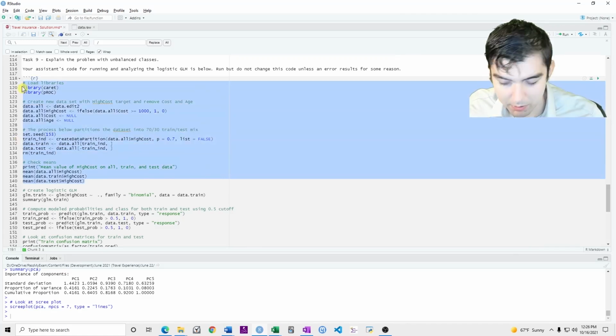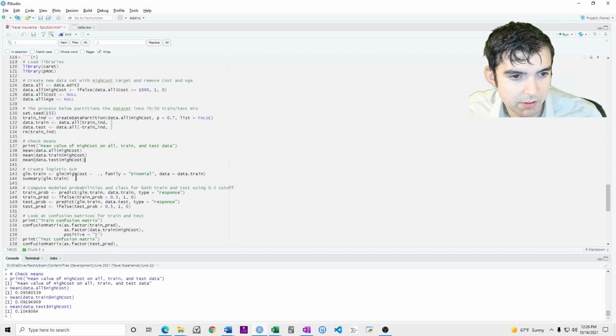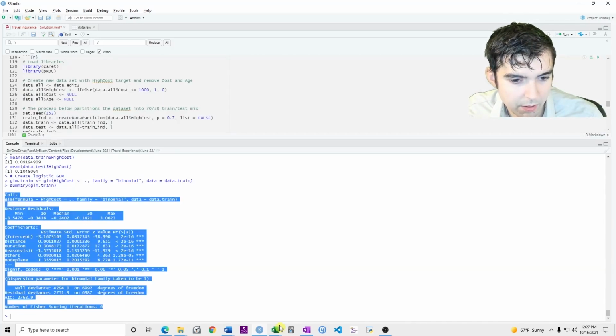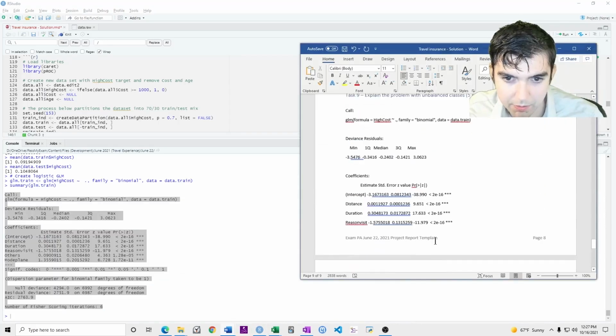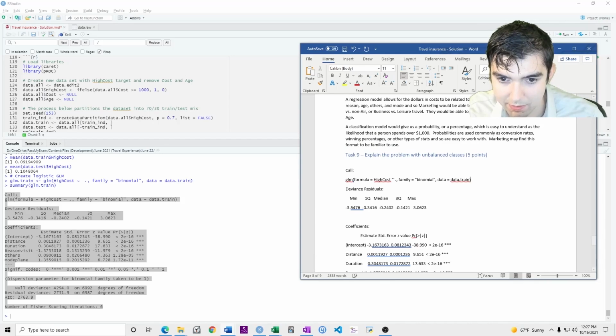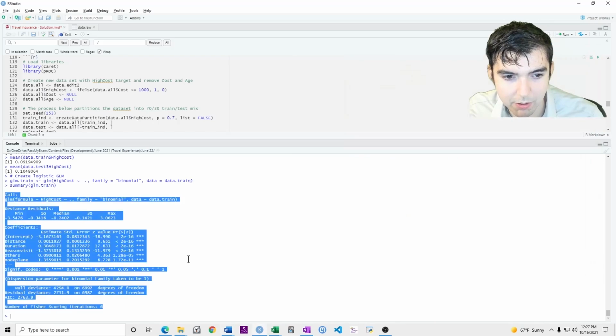So if I just run this part, I can see that the mean is about 9% and 10%. And then create logistic GLM. And then there's the summary, right? So let's copy this. You might notice that this format is funny because there are a lot of extra spaces when you copy this. That's actually a bug in the current version of Microsoft Word in RStudio.